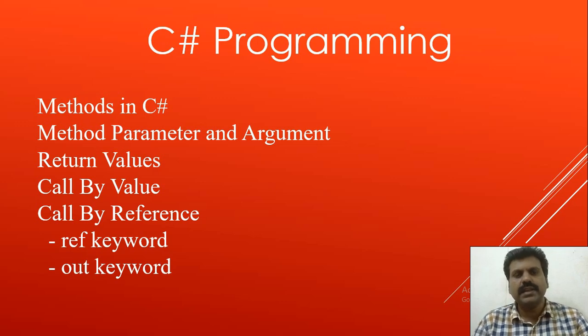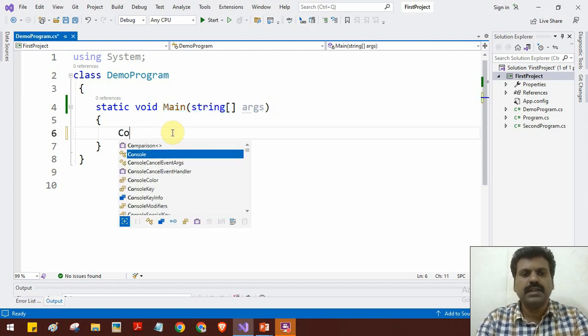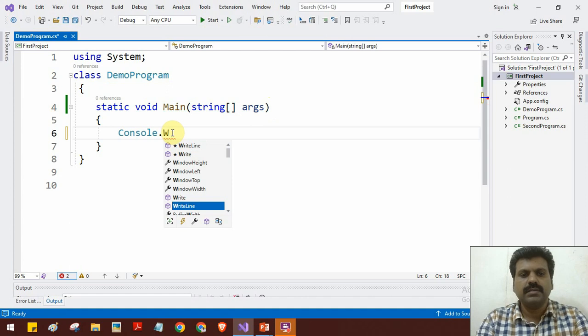So let us start with an example program. In Microsoft Visual Studio, first we need to create a project. In this project, usually in C# programming, every logic we have to write inside a class. So every program starts with a class and class name. Then inside we need a main function, right? For example, if you want to test this program, we can display some message by using this function